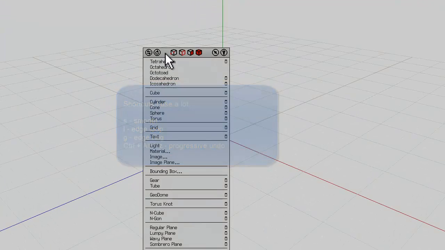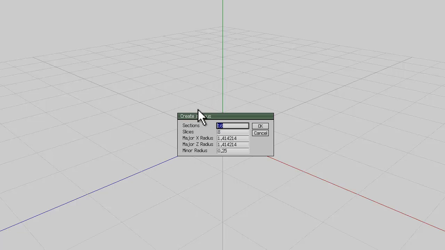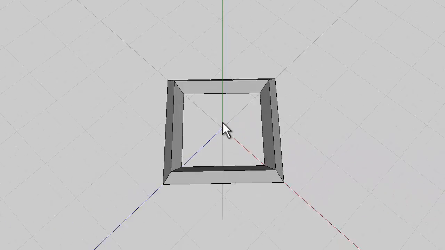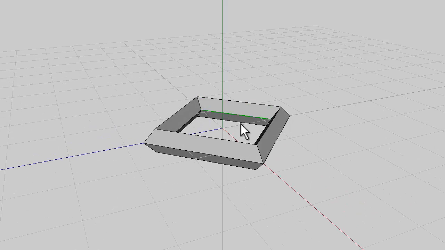I'm going to right click and start with a torus, but I'm going to use this control here on the right of torus, which brings up this dialog that allows me to set certain things. So I want 4 sections and 4 slices, which gives us a very crude torus. And now I'm going to choose this edge here, so it's an edge on one of the corners, and press